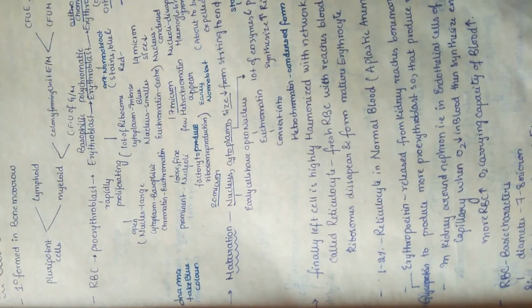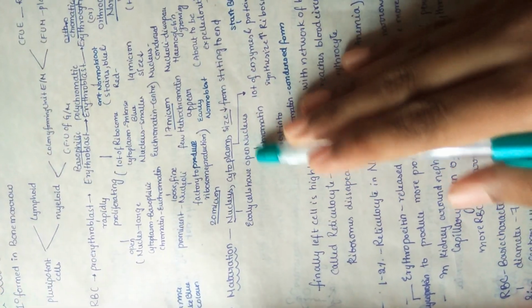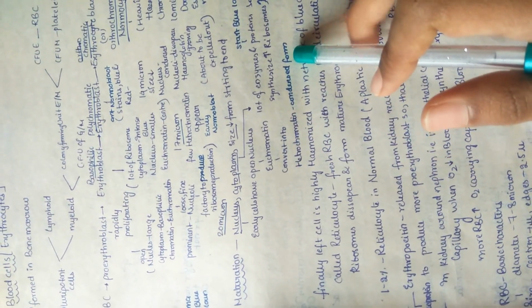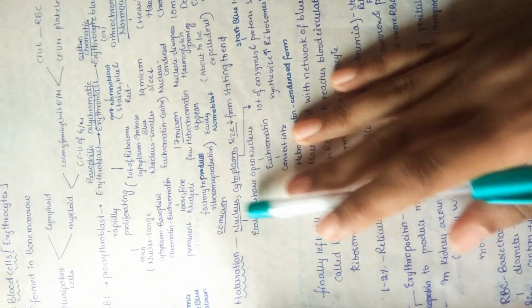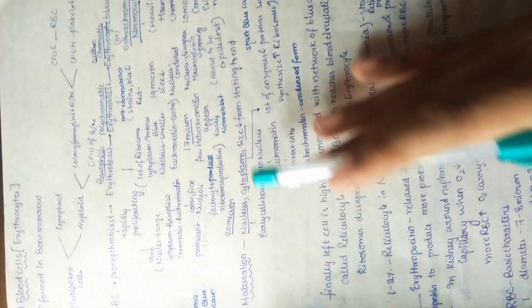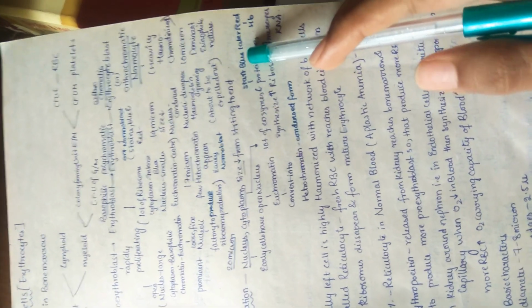Now let us see the maturation. When maturation happens, the nucleus in the early cells is an open nucleus, euchromatic, and now it is converting into heterochromatin, that is a condensed form. So the nucleus is getting condensed from the starting to the end stage, that is by forming a mature RBC, and in the cytoplasm, a lot of enzymes and proteins are present, starting blue, blue color.